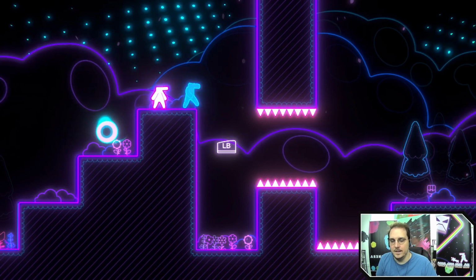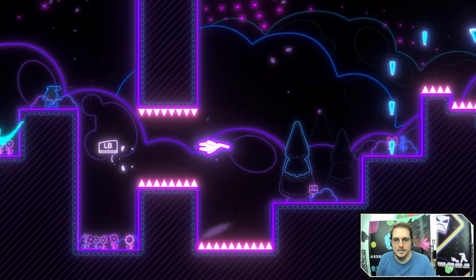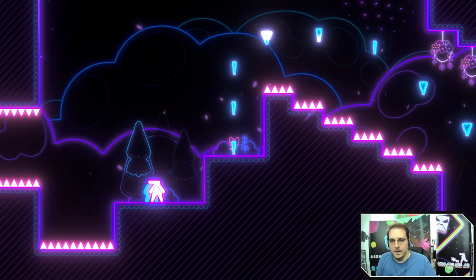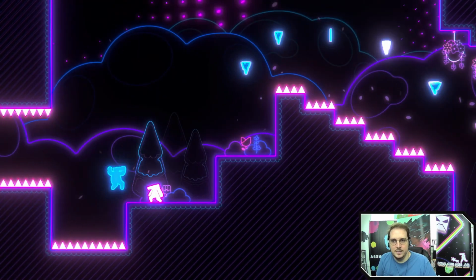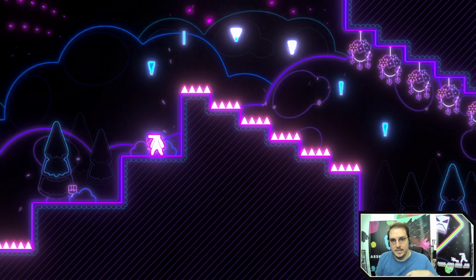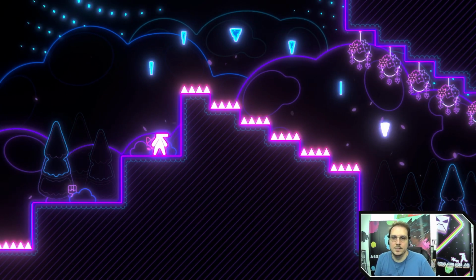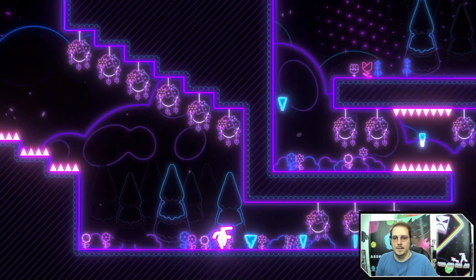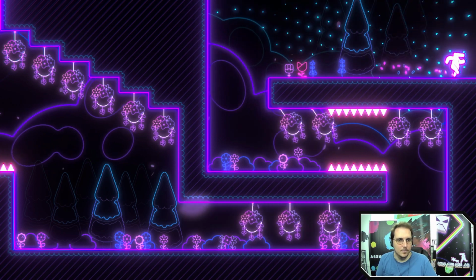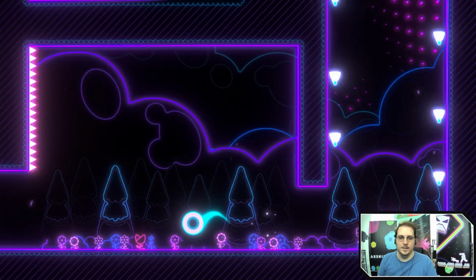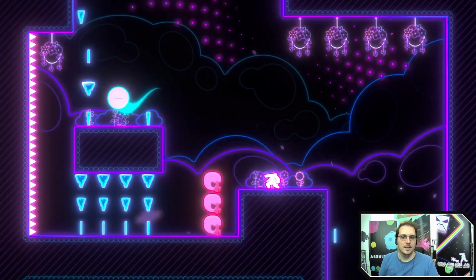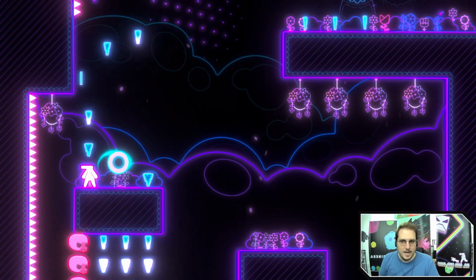But here we have the introduction of our dive technique. So this completes our roster of movements. If you're in midair and you hit the crouch button, there you go, you do a little dive. And like double jumps and wall jumps, the dives are meant to be comboed with your other jumps. So here we do a high jump to a dive, we get all those. That's a wall jump to a dive, another wall jump to a dive. There you go. We could dive after a long jump, after a high jump. Use it to span larger gaps like we did there.